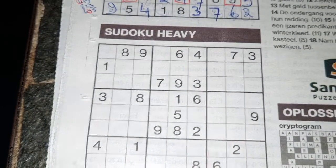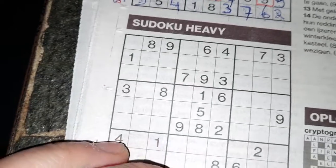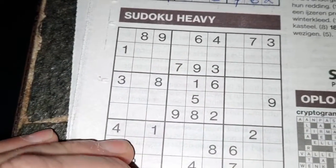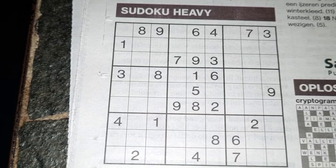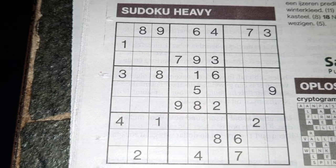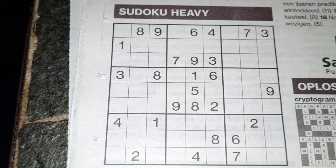What I will do is after this heavy Sudoku in the evening, I will do the rest of the puzzles in the Tuesday edition. Yeah, there are puzzles left in the Tuesday edition. But first, I will solve this baby number